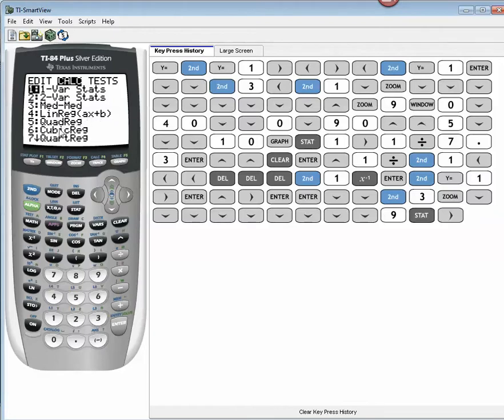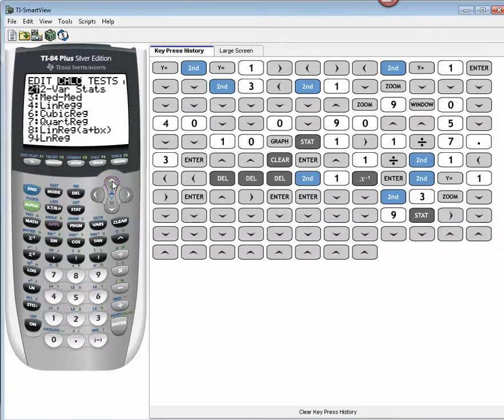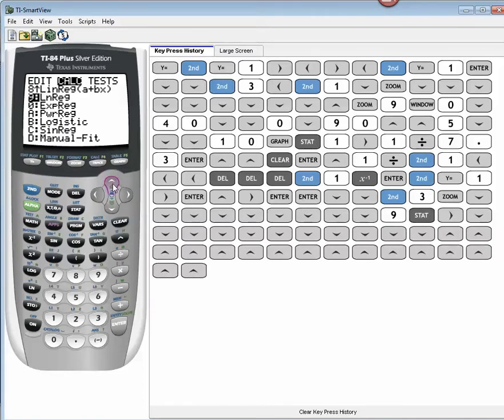Now just before we leave this, notice if your graph looked like a parabola instead of a straight line, you would choose number 5, which is quadratic regression. If it looked like the equation of a cubic equation, y equals x cubed, there's a cubic, there's a quartic, which is raised to the power of 4. There's several different kinds of regression, and you would choose the type of regression that matches what you think the graph looks like. So for us, it looks like a straight line, so we're going to choose option number 4,